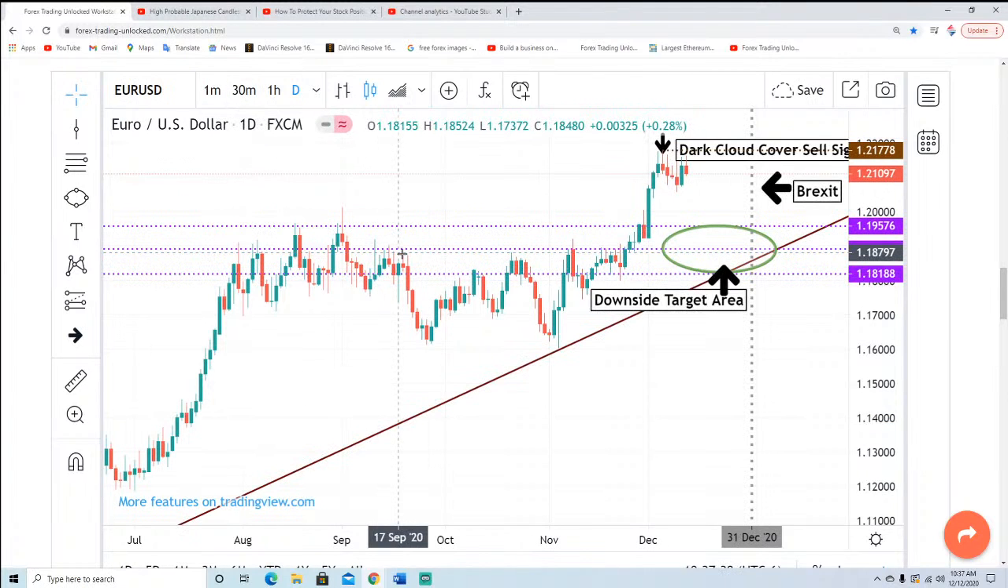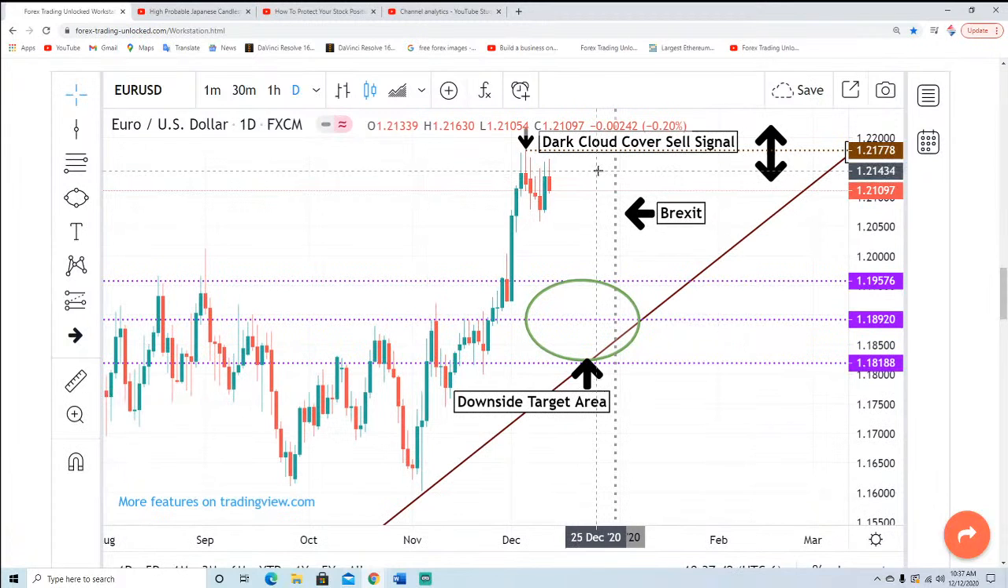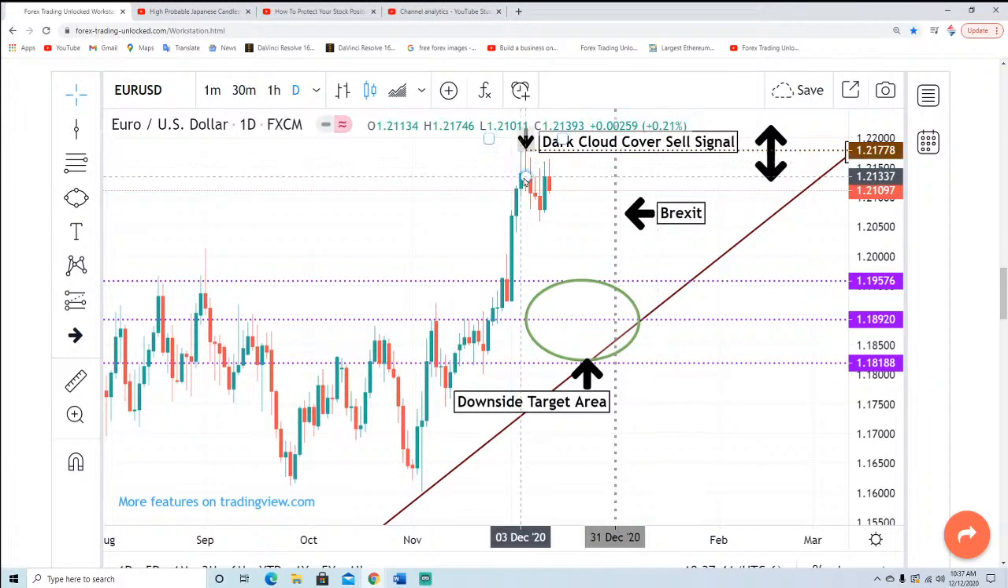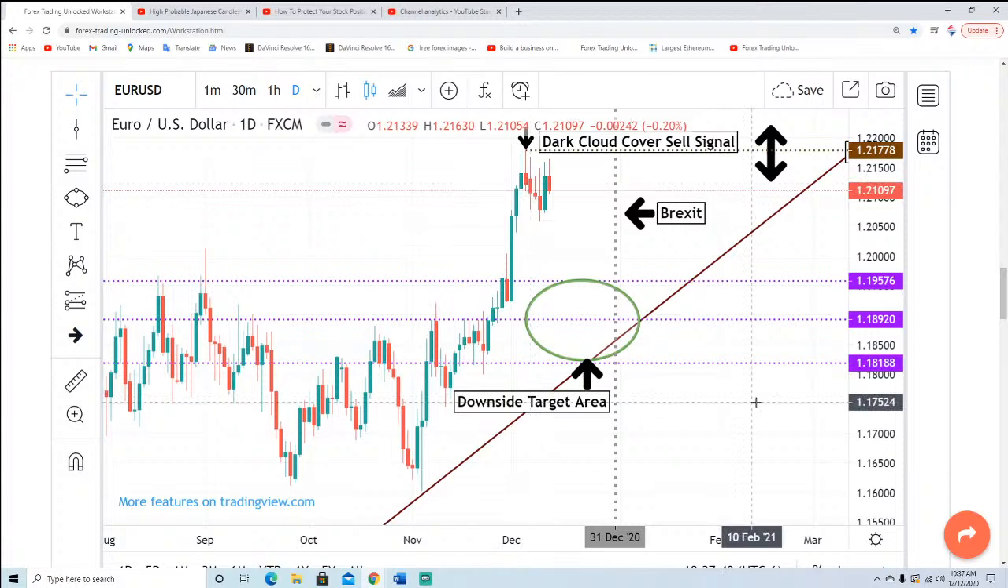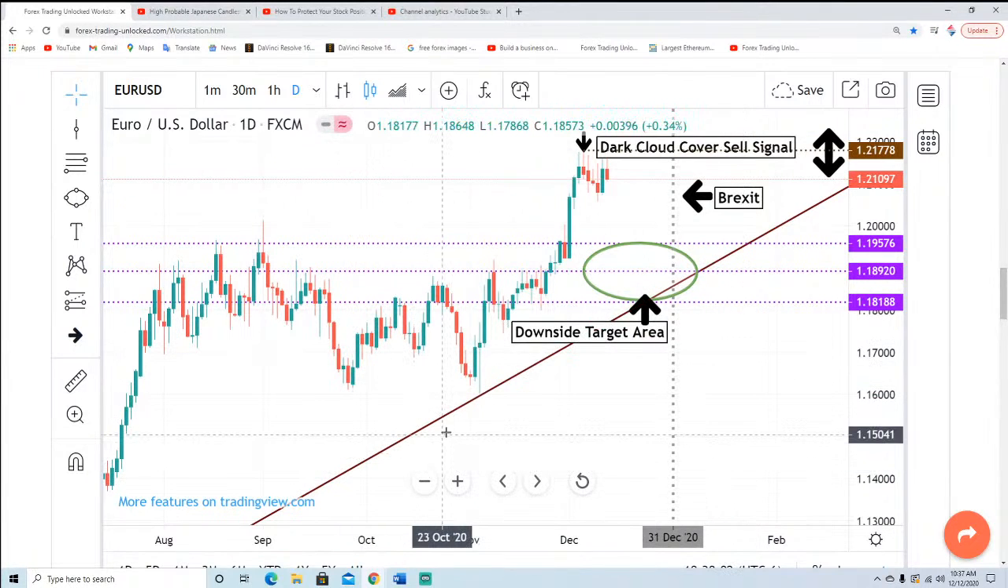All right, we have the euro US dollar pulled up here. A little over a week ago, we had a dark cloud cover sell signal. That's this top. That's where this first red day is up here. Now, this dark cloud cover sell signal has the market targeting down to this $1.1957 to $1.1892 area. $1.1818 I think would be the lower extreme because it also has this upward sloping support line